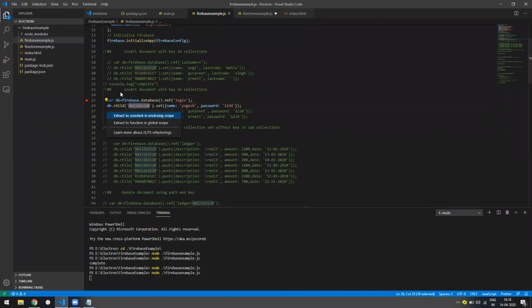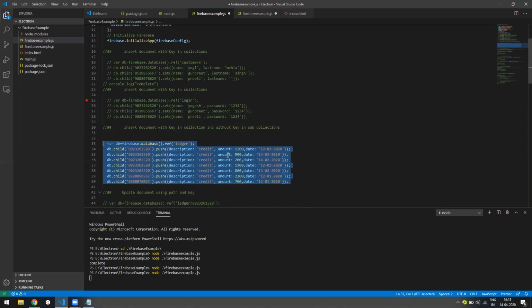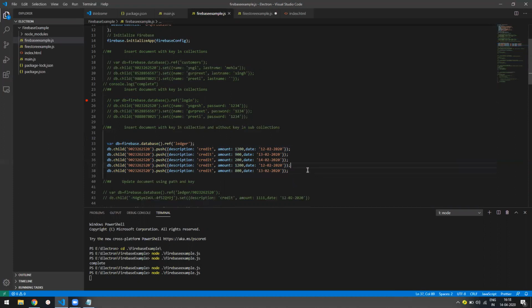Okay, but now let's go into the ledger. The method I used here is set. Set is for both insert and update, but here the code is almost the same; the only thing is that set is replaced with push. Now, what does push mean? It will push a new sub-entry into this key, and it will be a new record. Let me keep 5 records here and change it to 21 so that I can see. Now if I run it again